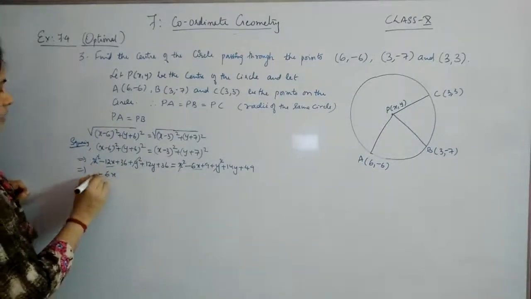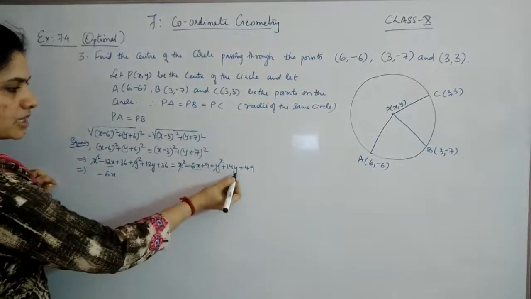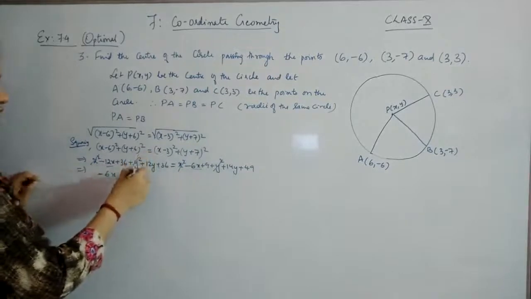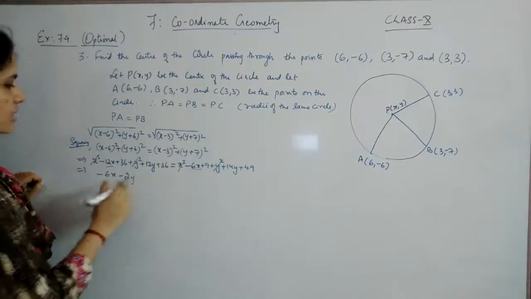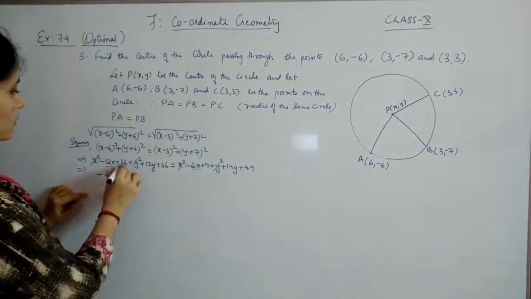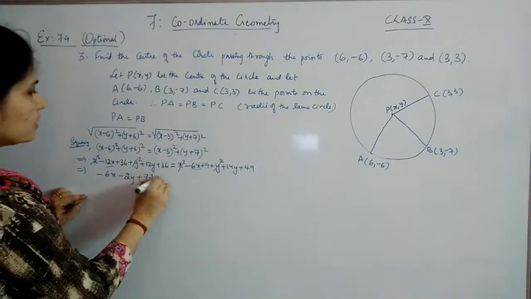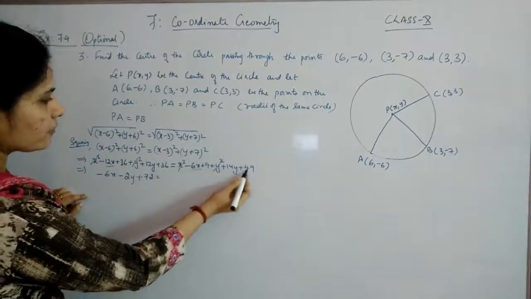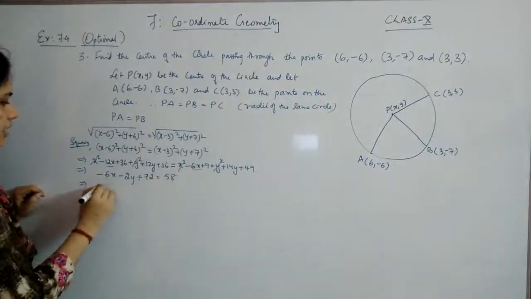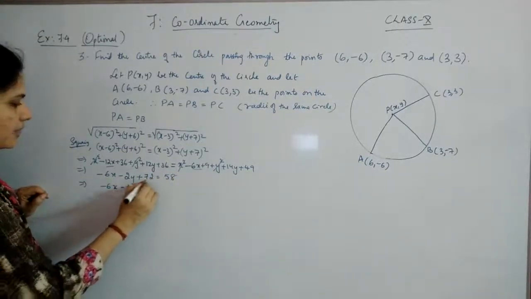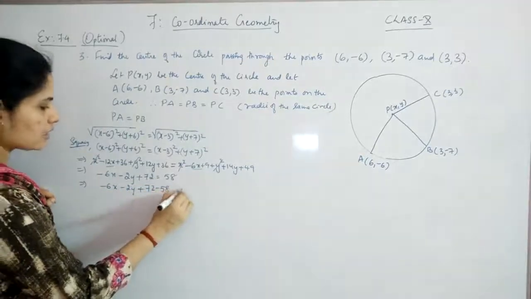Okay. Then you have y term as plus 12y and plus 14y. This will come here as minus 14y, so you will get minus 2y. So minus 6x minus 2y. And what about the constant? 36 plus 36 will give you here 72. And here you have 49 plus 9, which is 58. That means the equation which you are getting is minus 6x minus 2y plus 72 minus 58 equal to 0,